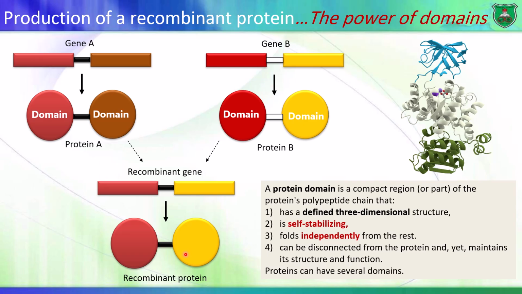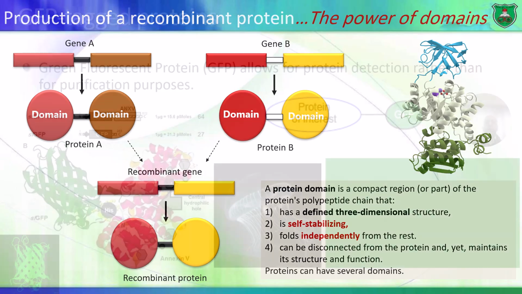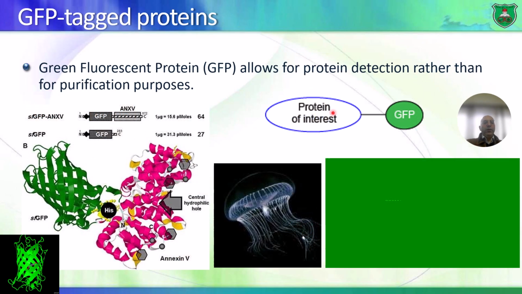And this is how we can do this in cells, in bacterial cells or yeast cells or even human cells. There is a protein known as green fluorescent protein. It's a protein that was isolated from jellyfish. Remember, if you see these documentaries on the Sea World, there are these jellyfish that can produce fluorescence in their legs. Now, one of these proteins is known as a green fluorescent protein, and it gives a green fluorescence. This is how it looks like. So what we do is that